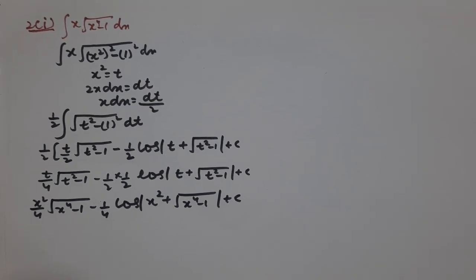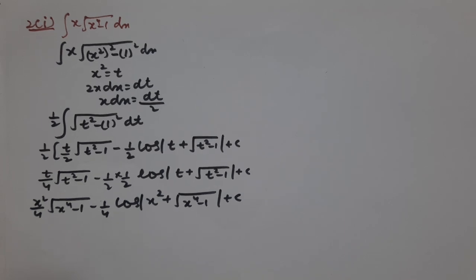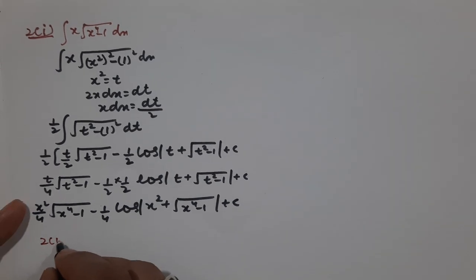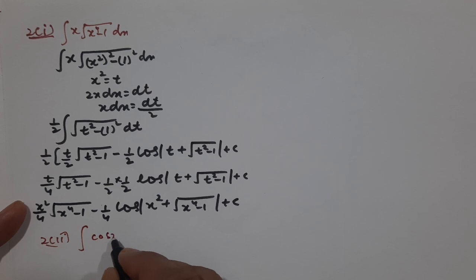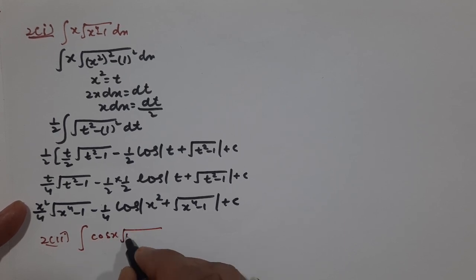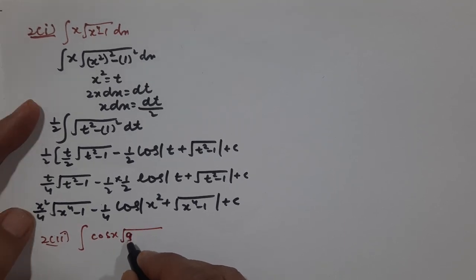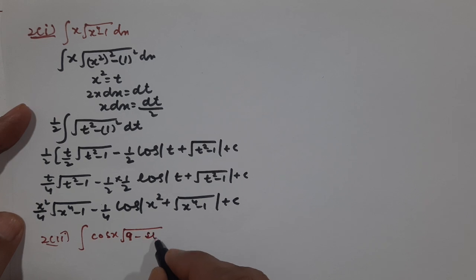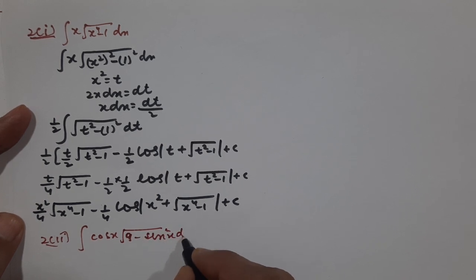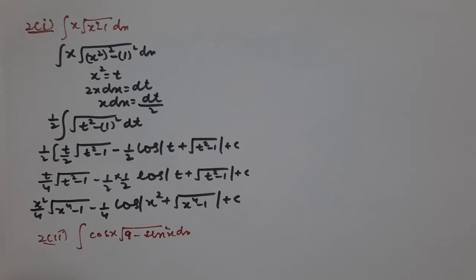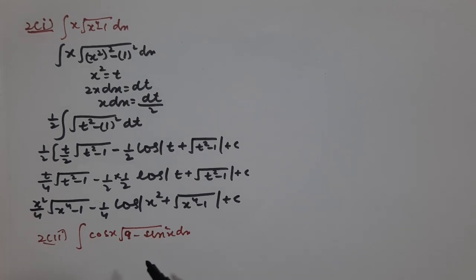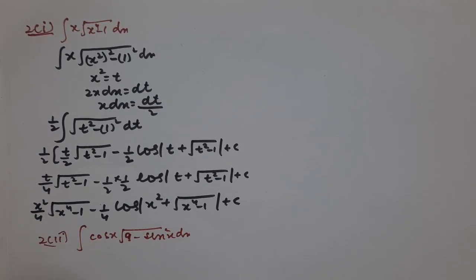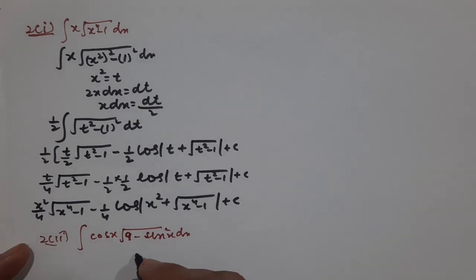Now the next part is the second part. Under root of cos x 9 minus sin square x dx. So this is the second part, students. So here, by seeing the question, we come to know. Now here students, here we can put